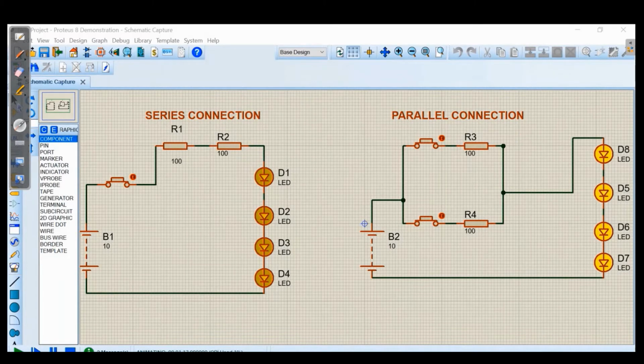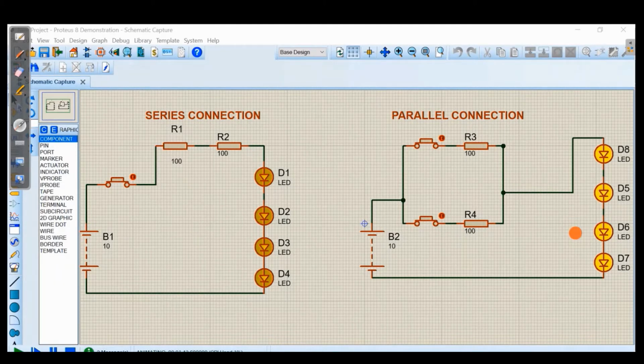And then just look at what happens in the LED. The same thing: more current means more brightness. In series, less current, so it's less bright. In parallel it's brighter, which means more current. In a parallel connection, the voltage across all the resistors is the same, but in a series connection the voltage is not the same, which depends upon the value of the resistors. Then we have some derivations of equivalent resistance for series and parallel.